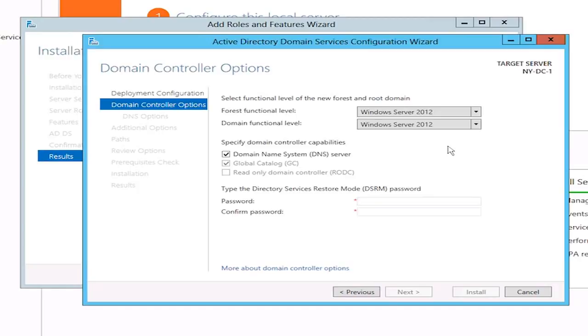And by the way, when you're wondering what the difference is between the domain functional level and the forest functional level, it has to do with all the domain controllers in the domain for the domain functional level and all the domain controllers in the forest for the forest functional level. Now in the old days, it had to do with functionality. In order to support those older domain controllers, you had to put it to the older functional level so that it would only have the limited functionality of those older domain controllers